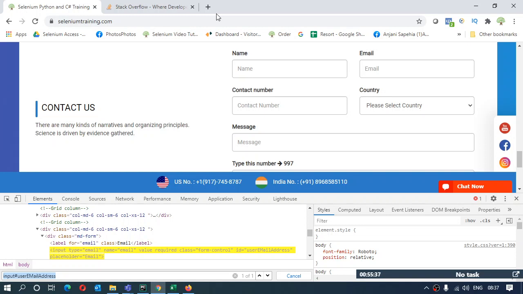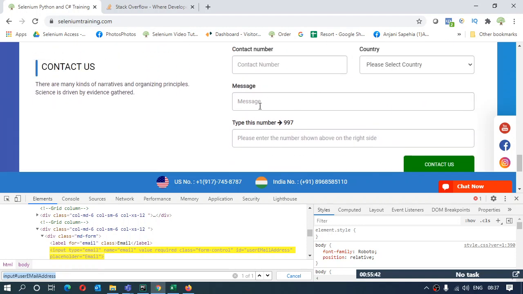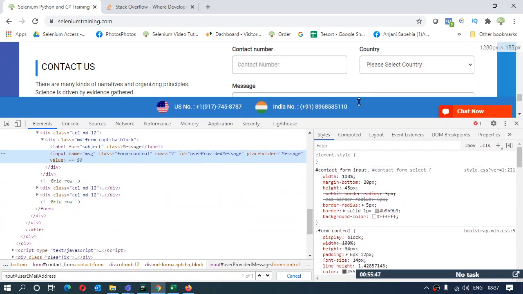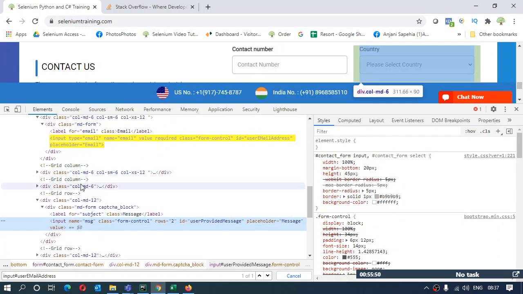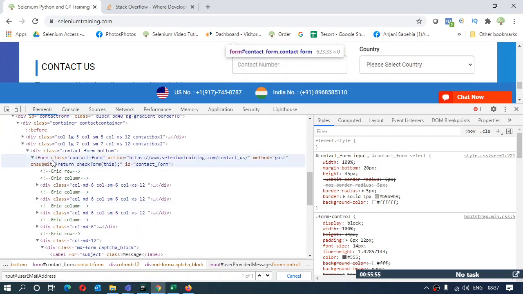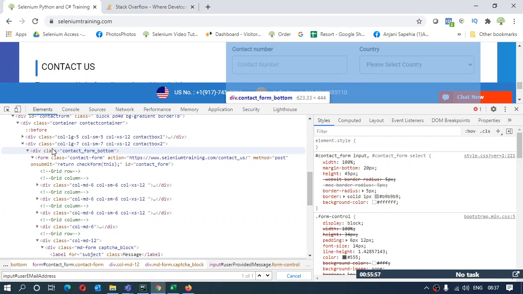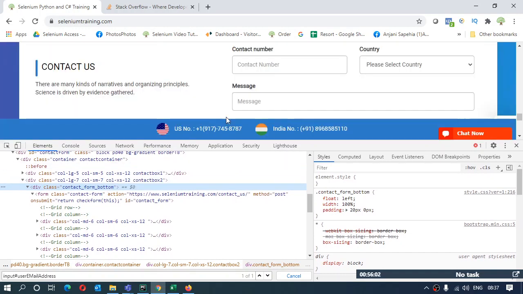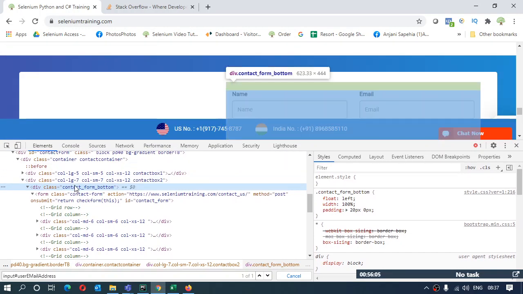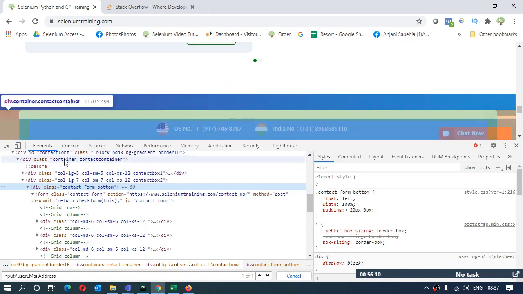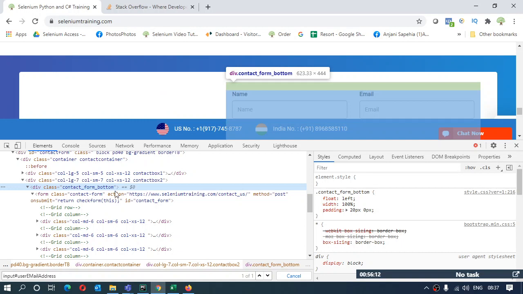So let me find out which element I want to look for. Let's say I want to look for this message element. I'll inspect it and see where it's actually lying. It's in the div class over here.